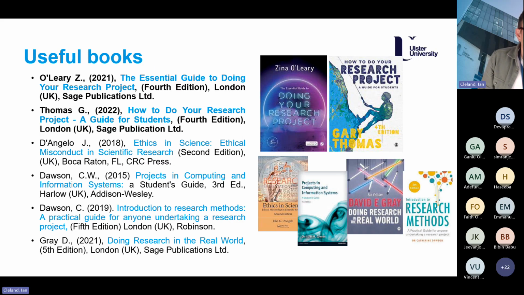And the last slide then, there are just some really useful books that are outlined in the reading list for this module, in particular the top two that are bolded, the Essential Guide to Doing Research and How to Do a Research Project, a Guide for Students. Really nice books just about structuring your research and how to ask those sorts of research questions at the different parts of the methodology. So if you do want a bit of guidance in terms of research methods, I'd really recommend one of those two books or both, and those are available in the library.